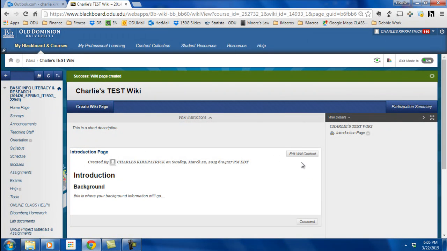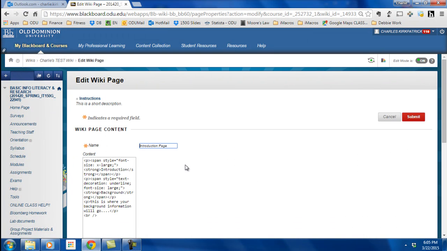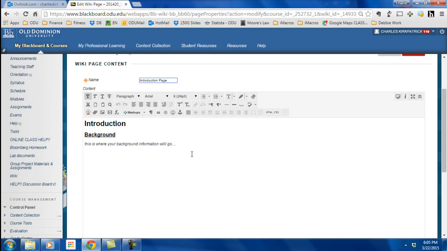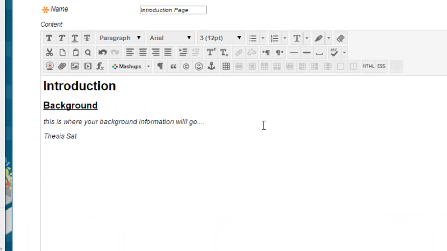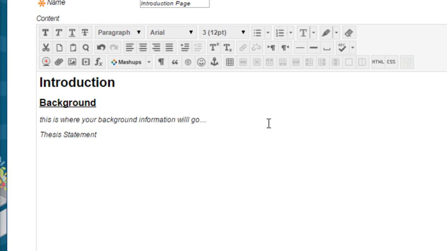Let's edit this wiki page again. And as I mentioned earlier, this is going to be our home page. This is going to be our central page, and it's going to have a background section, and we'll have a thesis statement as well, as you know, immediately following your introduction or your background. And then we're going to have a table of contents. Or we might want to call this an outline. All right, so let's give us a little space here,